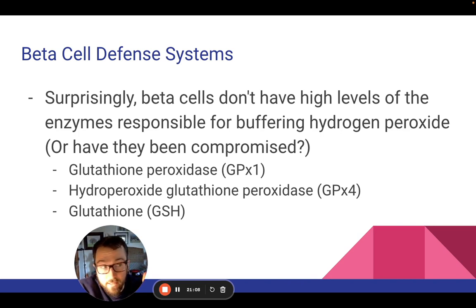So in the diabetic state, you have to ask, well, what has been compromised so that either A, there's an abundance of iron accumulating, or we don't have enough stuff to buffer the hydrogen peroxide. And so these are just three examples. There's more of them, but these are three enzymes within the cell that are known to buffer ROS accumulation. Glutathione peroxidase, hydroperoxide glutathione peroxidase. There's a whole slew of that GPX